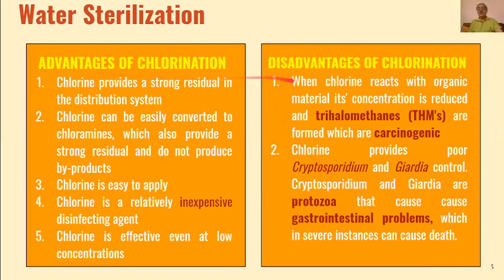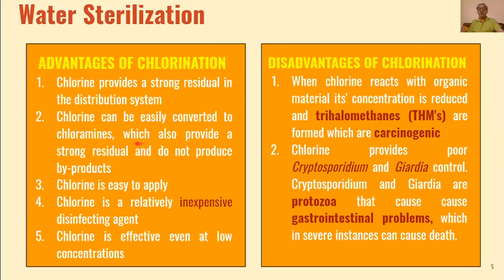Then, advantages and disadvantages of chlorination. We know that chlorination will provide us a strong residual in the distribution system. So our water will become potable and drinkable when we add chlorine, because this will kill all the microorganisms and bacteria present in the water. Then, as you have seen, chlorine can be easily converted into chloramines, and these also provide a strong residual,